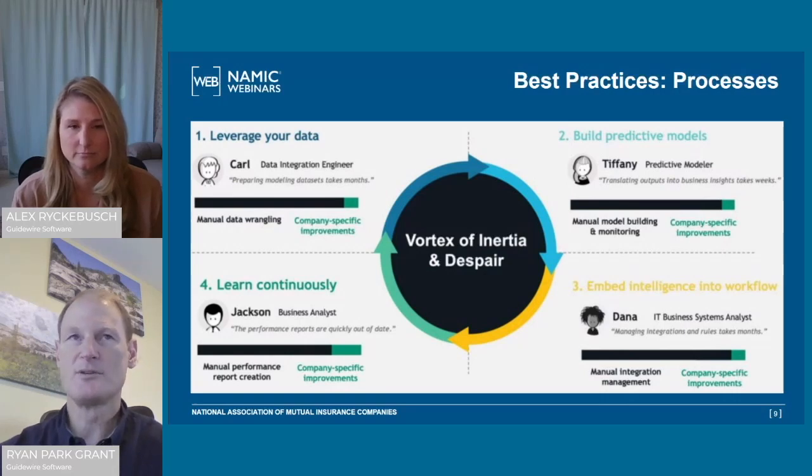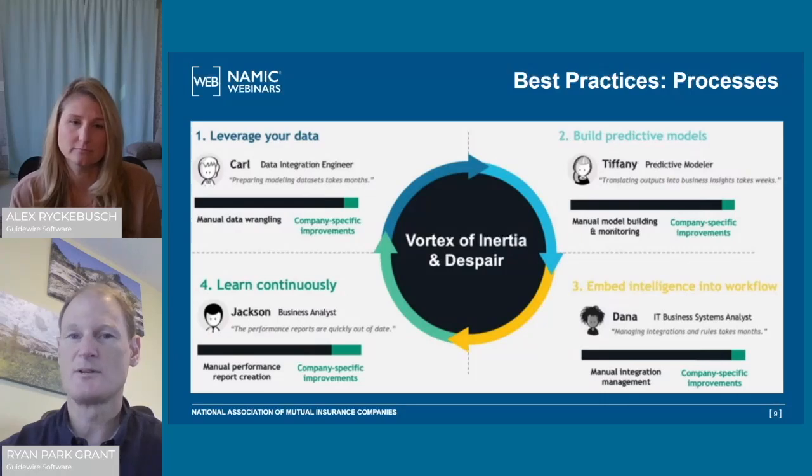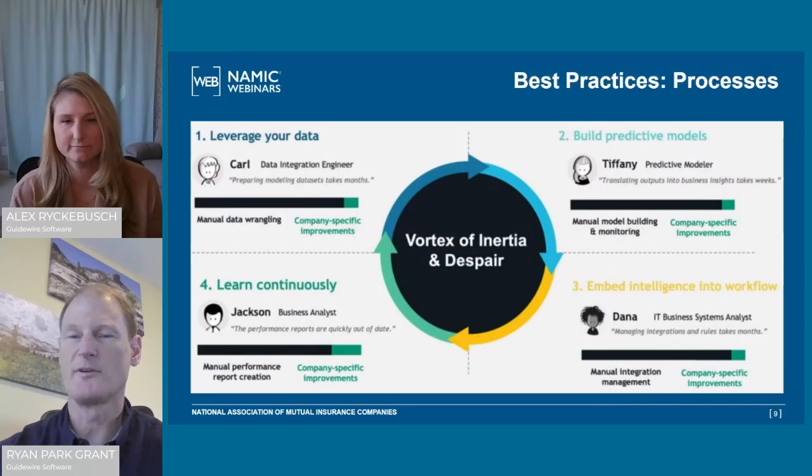So the first two are fairly straightforward and fairly known issues, right? Which is not to minimize how difficult they are, because getting data out of your core system or melding it with external sources is not an easy task. Getting it in a form where you can build that predictive model, and some insurers have, especially on the actuarial side, you may have more people, but not always on the claim side. So sometimes there's a resourcing question or whether to do this in-house or to purchase models from outside.